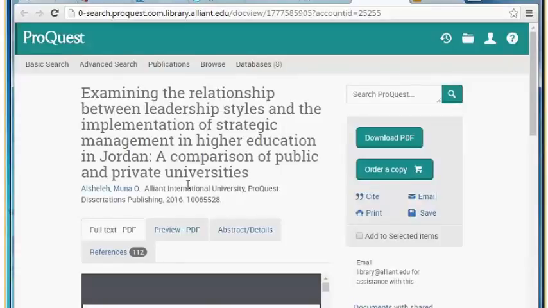Question. Yes? Can you access theses from other institutions? Question is, can you access theses and dissertations from other institutions? Yes, you can. And so before I forget,